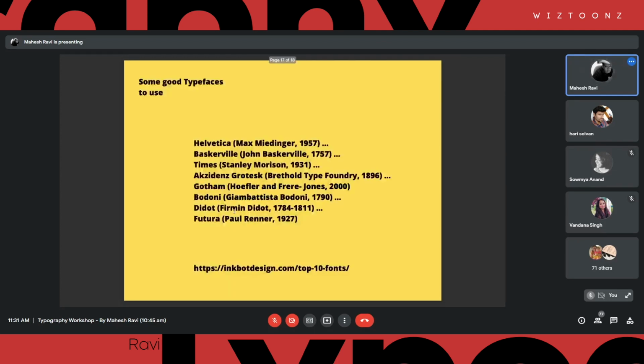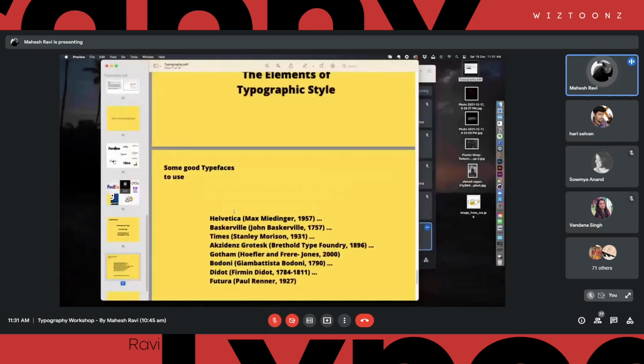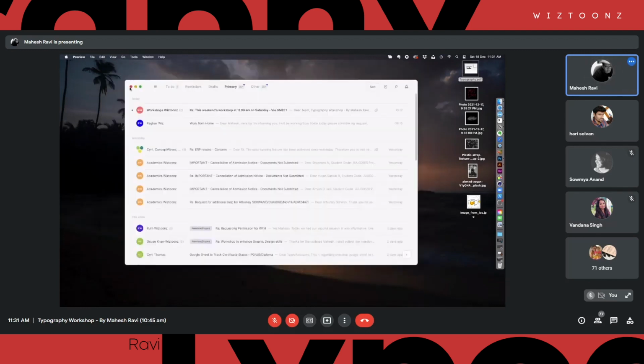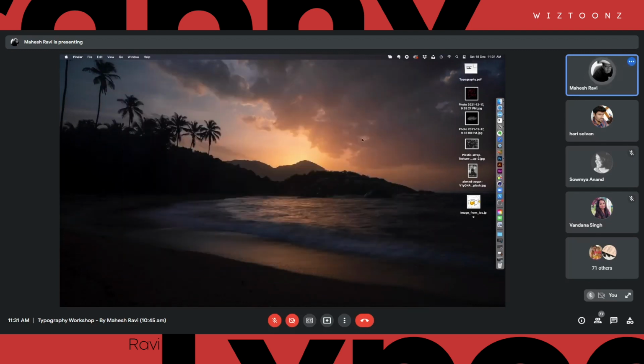So now, what we are going to do is that the intro part is over, right? We are going to get into some serious stuff. We are going to talk about using typography as a form. The first step that you need to do here is to study a typeface. When you start to consider typography as an aesthetic element, you have to spend an amount of time studying that typeface. What is good about it? What are the features of that typeface? So that's very, very important.